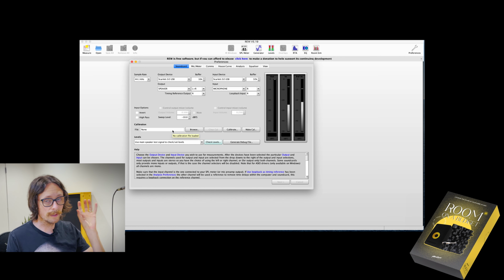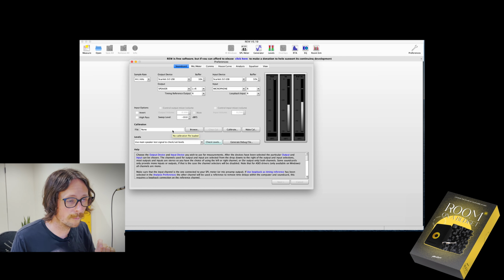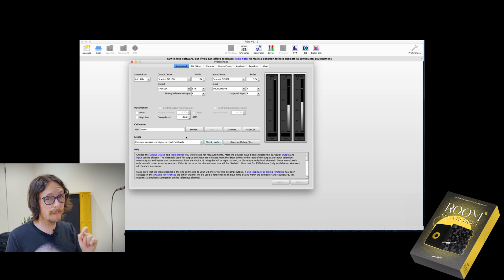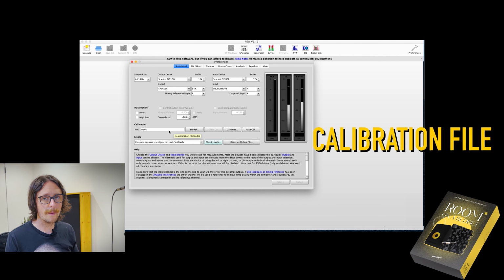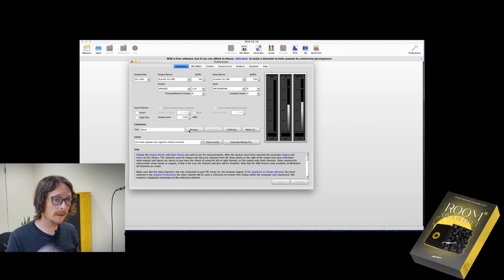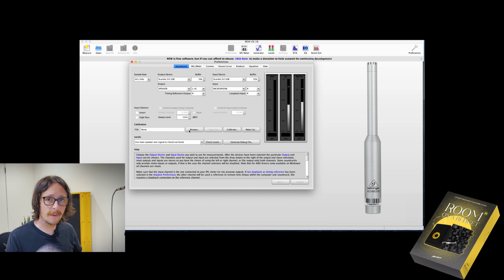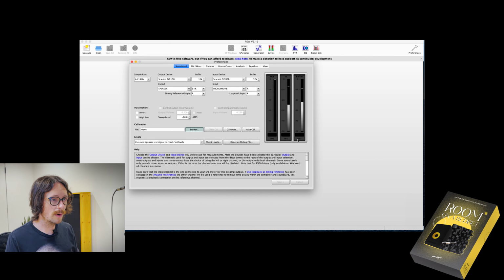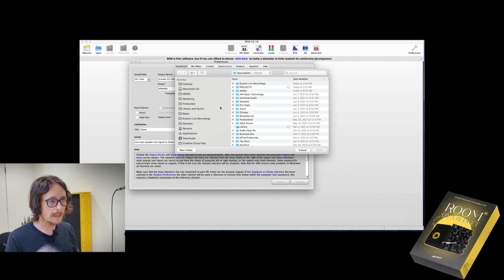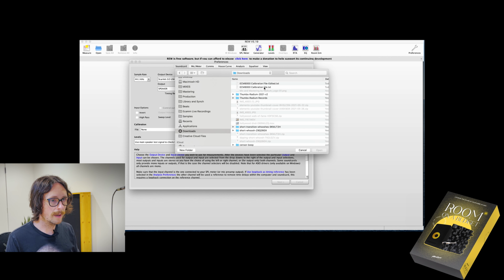Okay, now something super important to measuring your room and getting a good measurement is to use a measurement microphone, as we talked about, but you also need a calibration file for that microphone, okay? So what we're gonna do, and you can just search the internet for the calibration file. This is a Behringer ECM 8000 measurement microphone. So all I need to do is go to browse. I've already downloaded the test file, and I'm gonna go to my downloads,